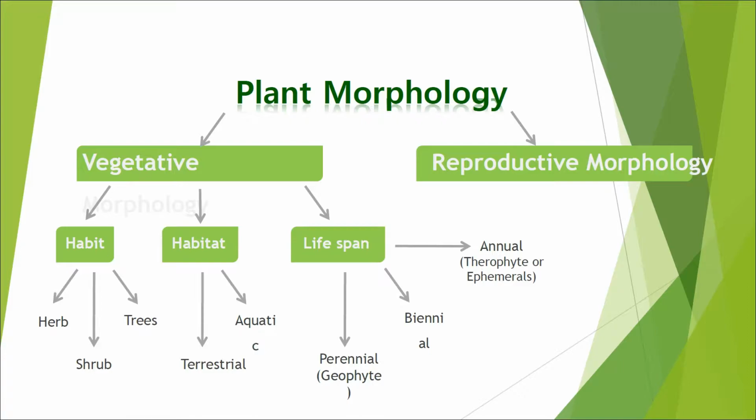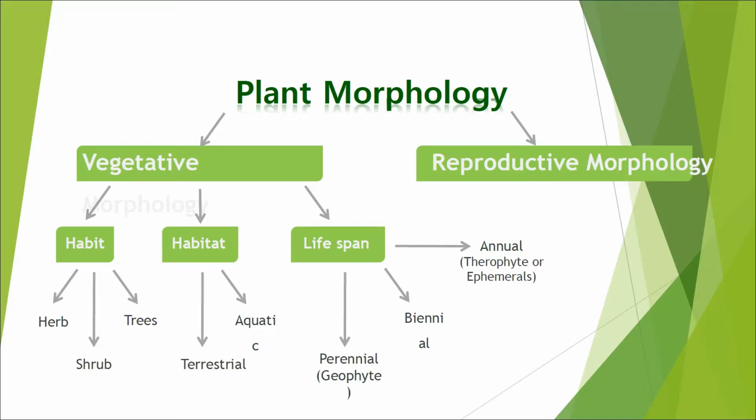That is, if the plant produces its reproductive structure in the second season, then it is called a biennial. Example: onion, lettuce, fennel, carrot, radish, etc. What are perennials? A perennial is a plant that grows for many years and bears its fruits and flowers for several seasons during its lifespan.